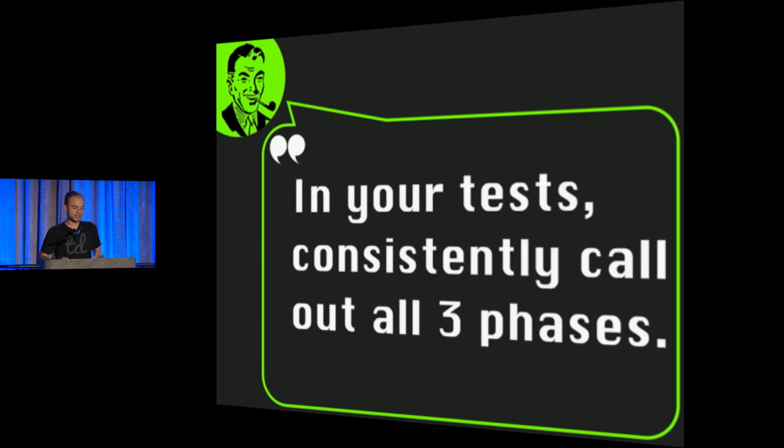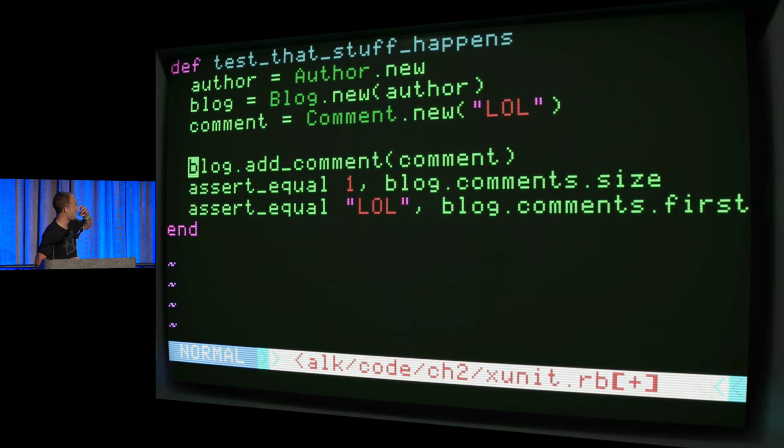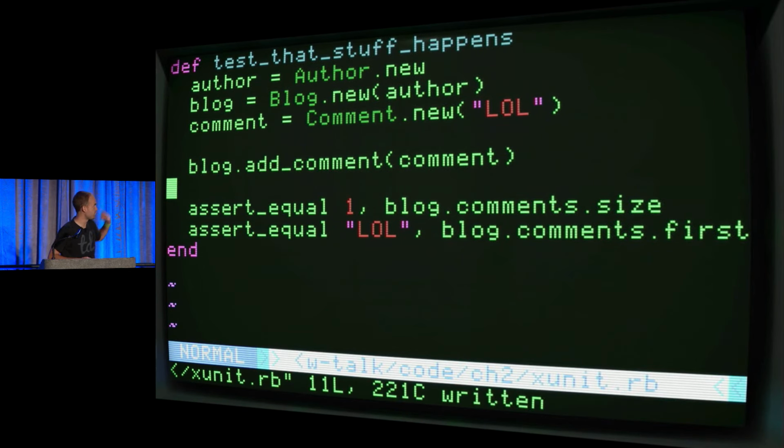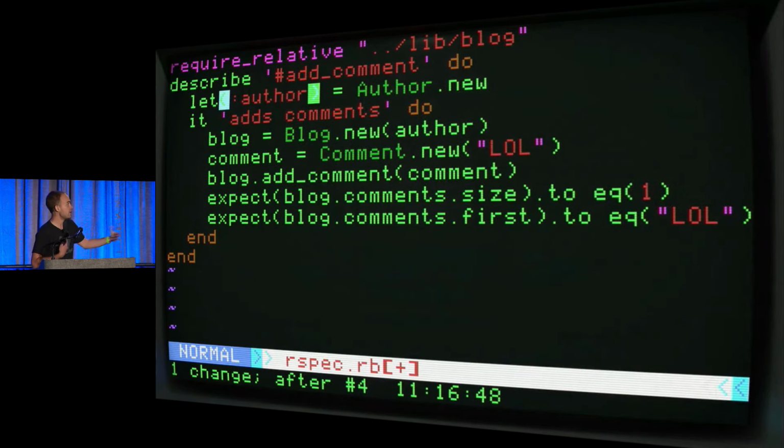When I'm writing a test, I'm always very careful to consistently call out all three of those phases. If I'm writing an XUnit test, I'll use significant new lines to separate arrange from my one-line act from my assertion. Every single time, those are the only new lines in my XUnit tests. If I'm doing a BDD-style test like RSpec, it gives me different API hooks that hint at the same thing.